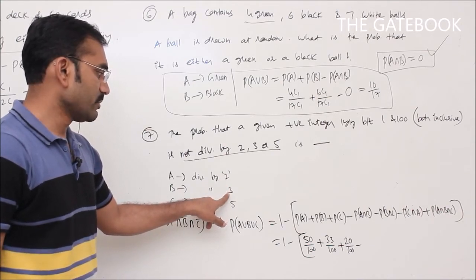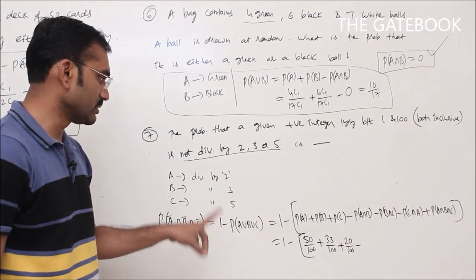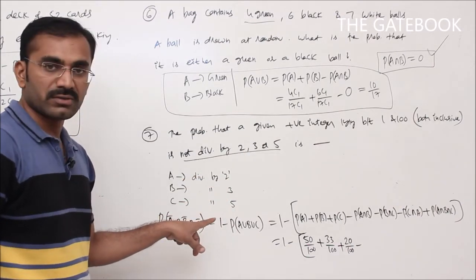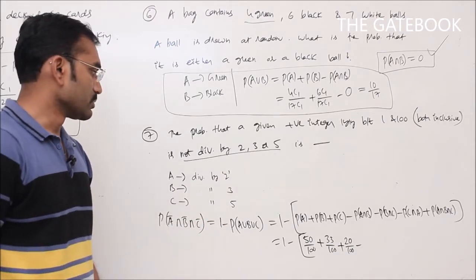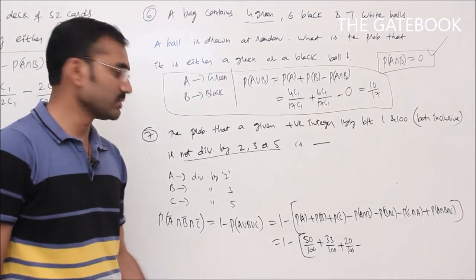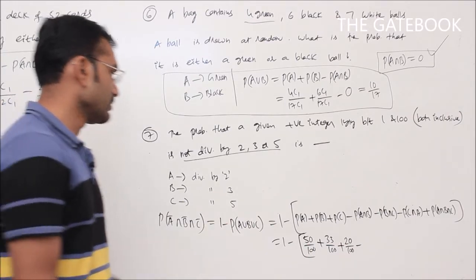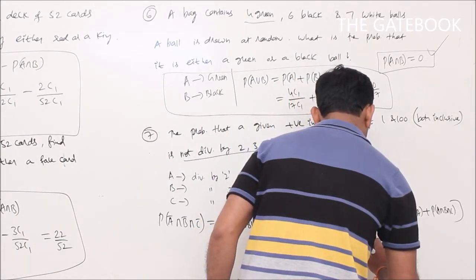So the number of numbers divisible by 2 and 3 between 1 to 100 both inclusive is equal to the number of numbers divisible by 6. How many numbers are there between 1 to 100 both inclusive divisible by 6? There exist 16 numbers. 16 by 100, minus